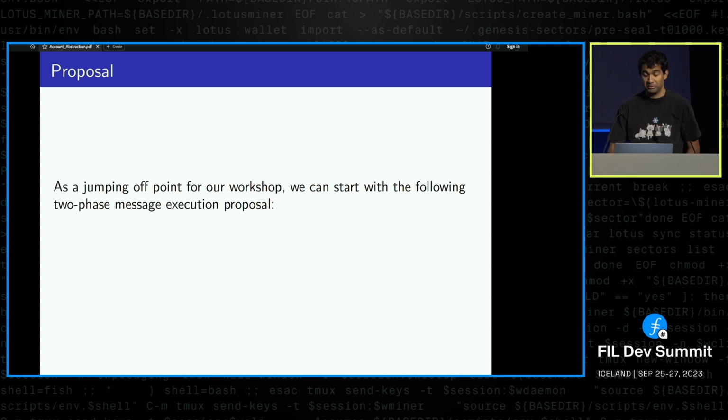Okay, so here's our concrete-ish proposal that I want people to think about, tear apart, and maybe build on. We've talked about account abstraction and Filecoin in a few different directions. This is one that Steb and I talked about more recently, and the two of us think it might be the most promising option, but that is in no means a strong vote of confidence. There are many different ways to do this, and we might well have to change directions. So this is very much intended more as a jumping off point than anything else.